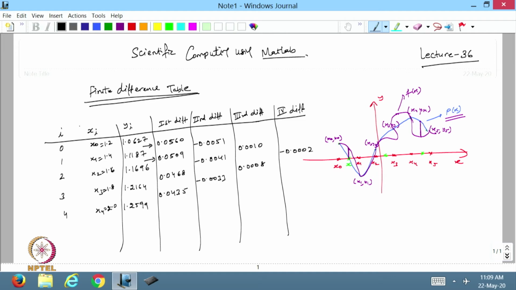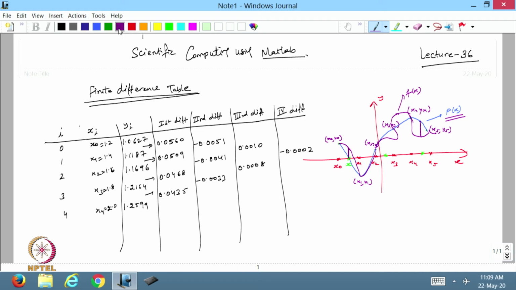So, now from here you can see that there are 5 values, and the fourth difference is a constant value. So, if I take the fifth difference, then it will be 0, that we have discussed in the previous lecture. Now, from here you can see that,